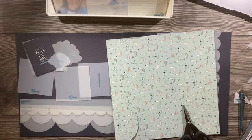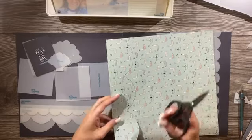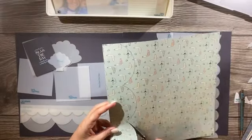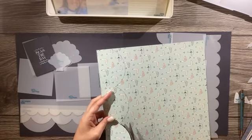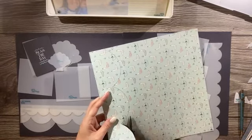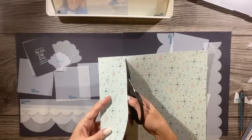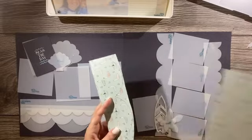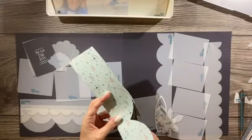And just make sure that you put your pattern the direction that you want it to face. So for me, I want to make sure it faces down. I'm not going to cut all of it because it was tucked behind the photos. So I'm just going to cut the piece that I need, trace that out, and then put that in my tray. All right, and then with the scallops, they're a fun border, so there's really not,